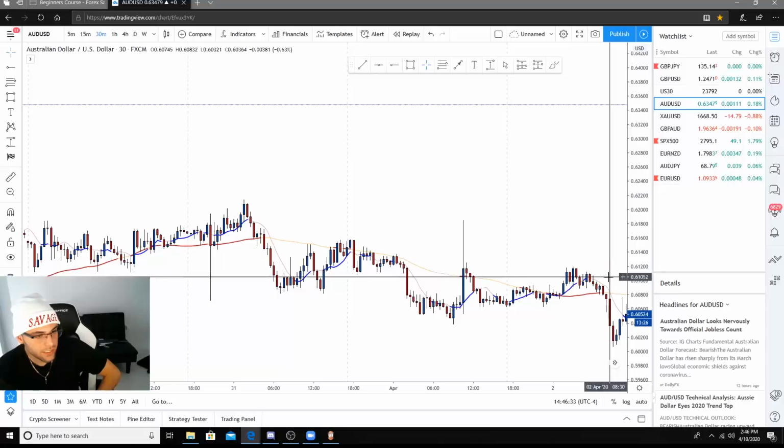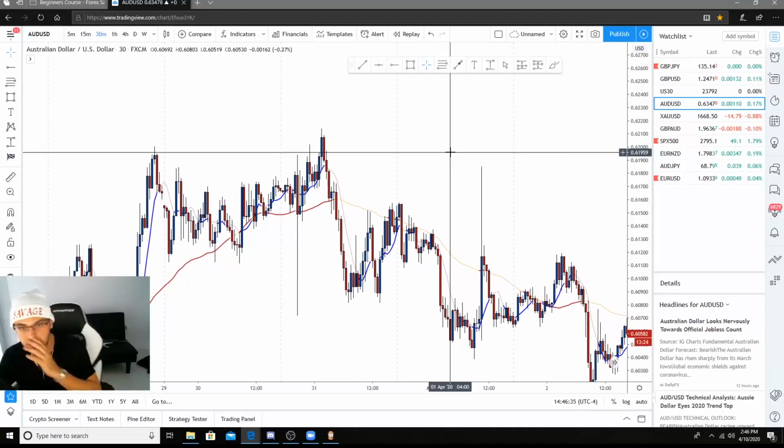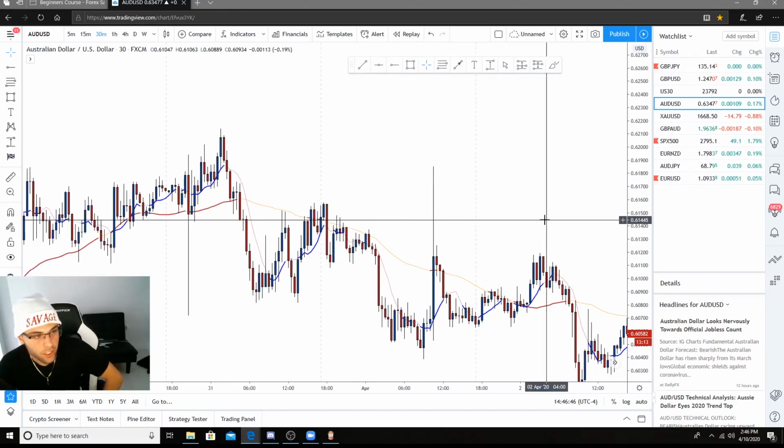So, as you guys can see, going from the higher time frames and then coming back down to smaller time frames, it's really easy to put all your confluences all in one plate, so that way you guys can see, hey, look, man, this is a really good trade. So let's go to